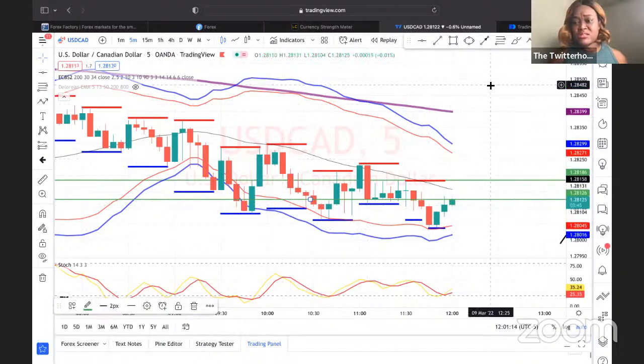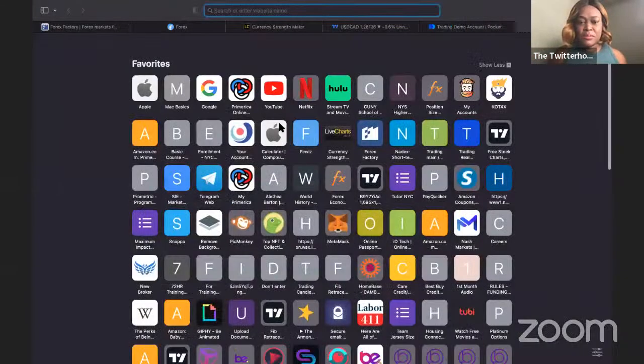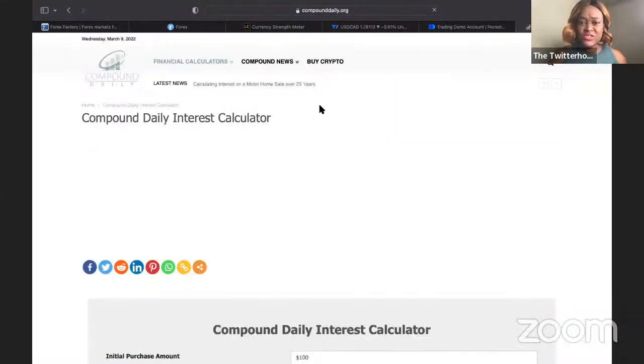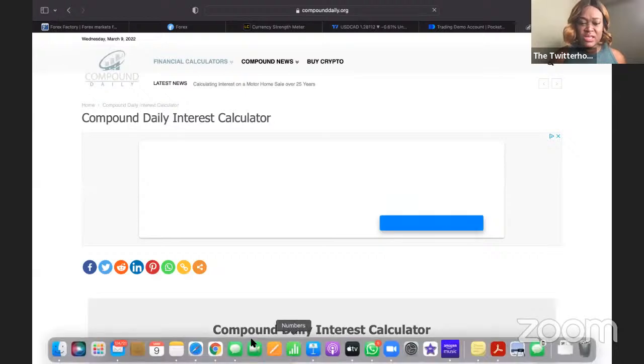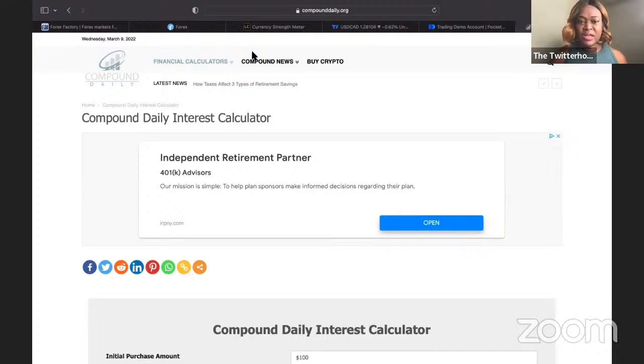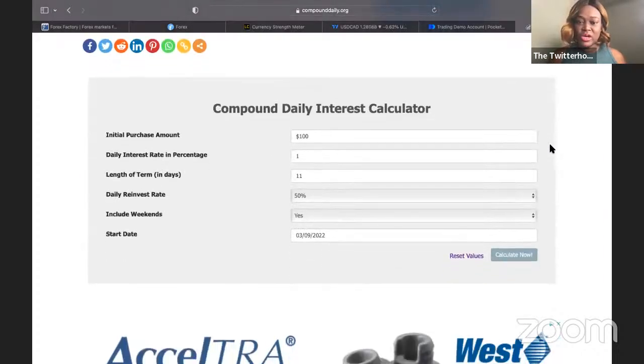I'm going to wrap this up. I'll just talk about compound interest really quickly to wrap things up. All right, so when you're trading, you want to have a trading plan. You don't want to just be in there going. You want to have a plan of action. And compounddaily.org can help you with that. You can grow your account